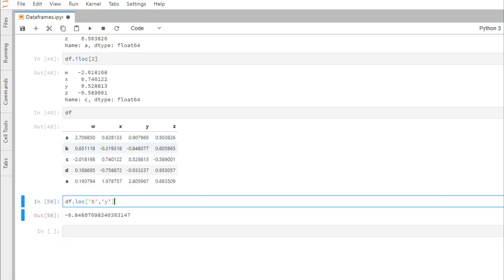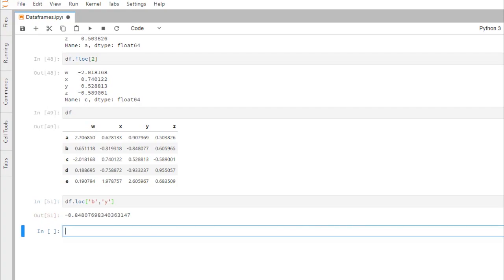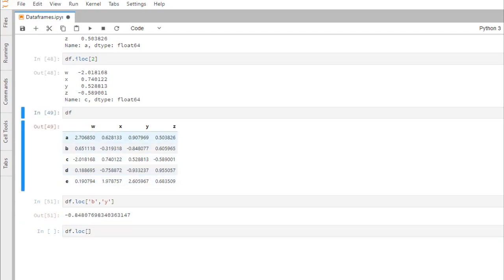So this is similar to a list. And then if you want to select subsets, you can call the df.loc function again. For example, if you want the A row and the B row and the W column and the Y column,